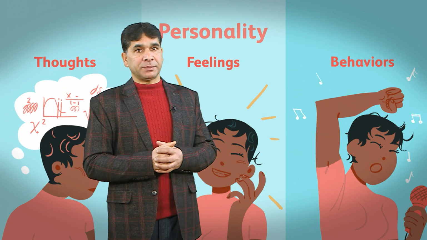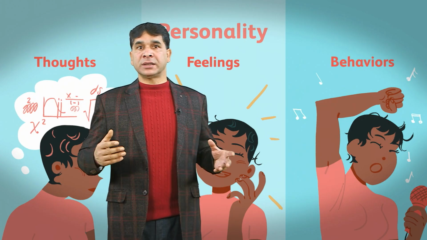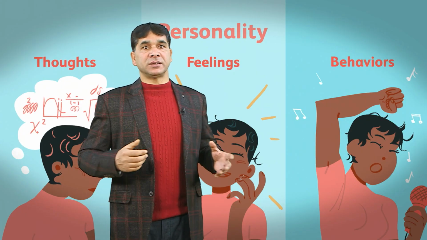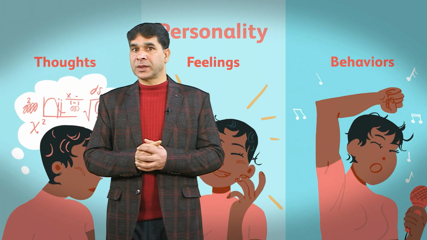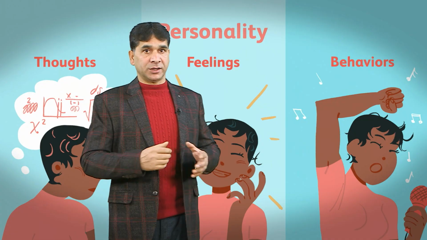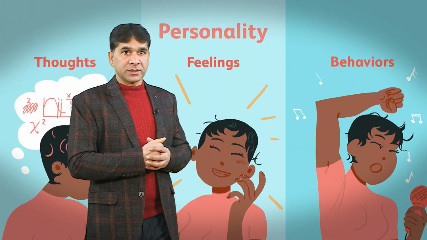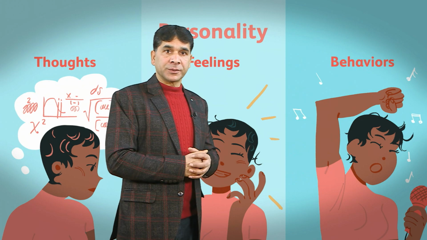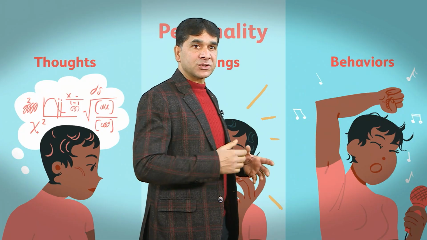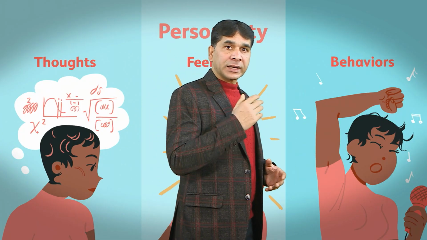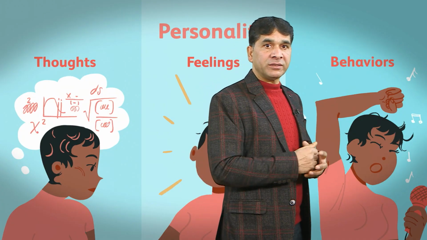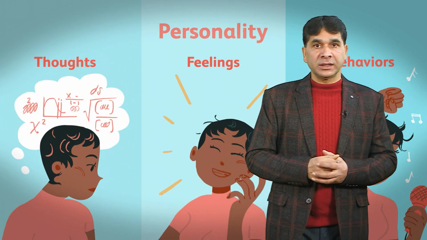George Kelly's major premise was that all humans act like scientists because they attempt to reduce uncertainty by developing theories. It allows them to anticipate future events accurately. According to him, individuals interpret, explain, or predict the events in their lives by utilizing their constructs. For him, a construct is a category of thought that describes how events are similar to each other and yet